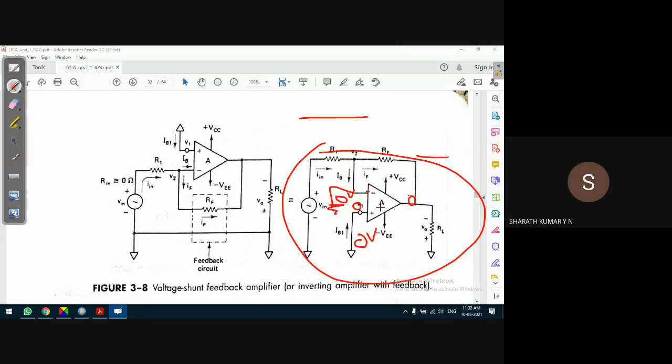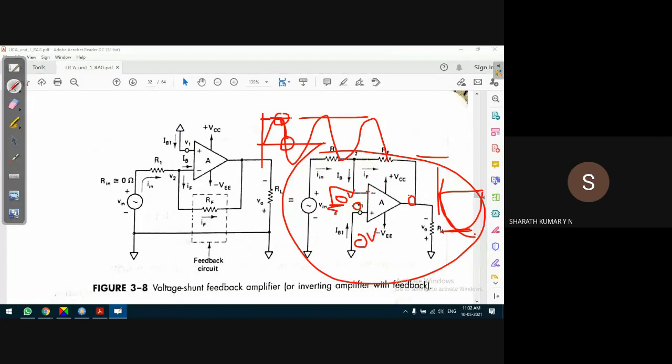Ideally, let us say the input is not changing, guys. At some point, the input is actually an alternating signal. Let us say at some point it becomes 0 input voltage, or it is at the peak value. At this point, the output voltage attains some value. Let us say for a positive peak, the output is at the negative peak. The output will not change until the input changes. Until then, the output will not change.